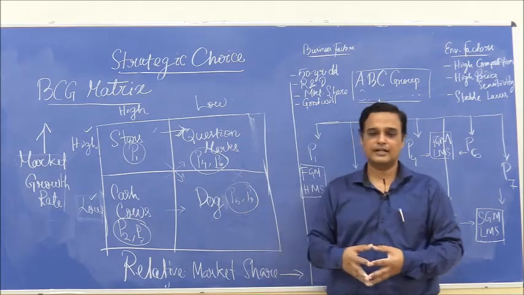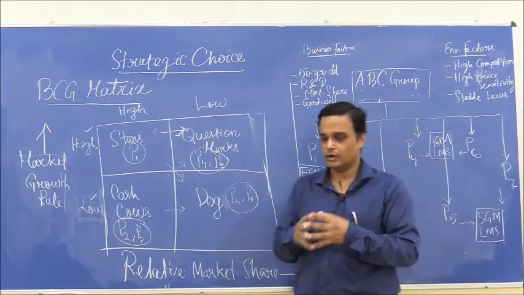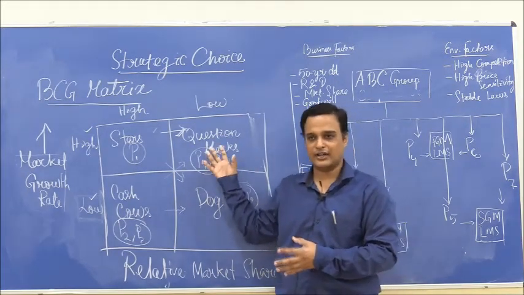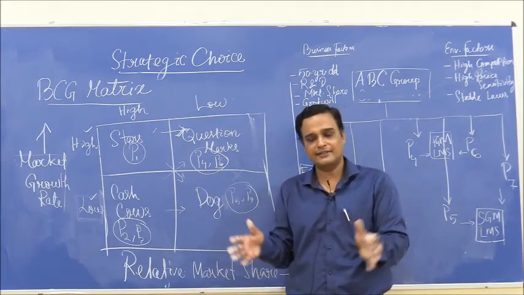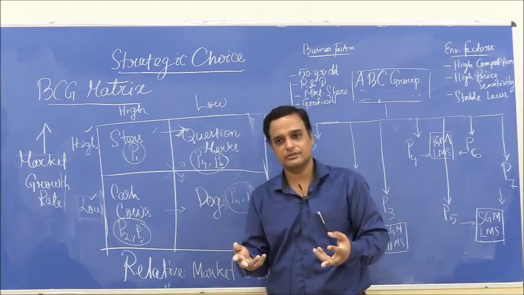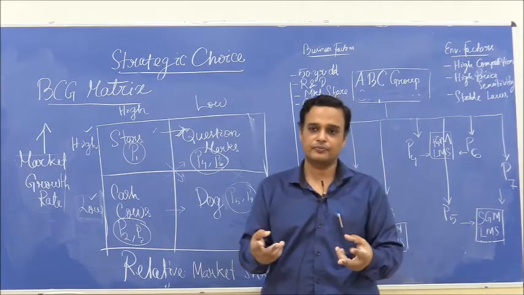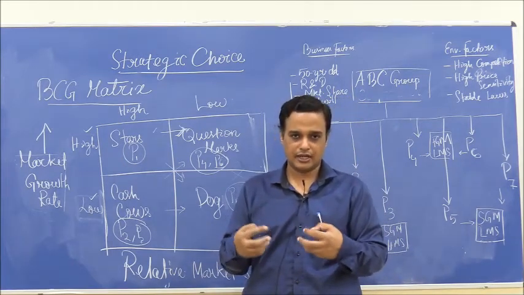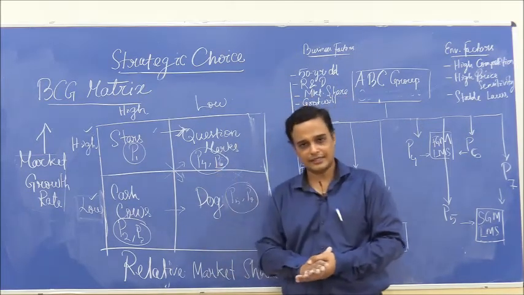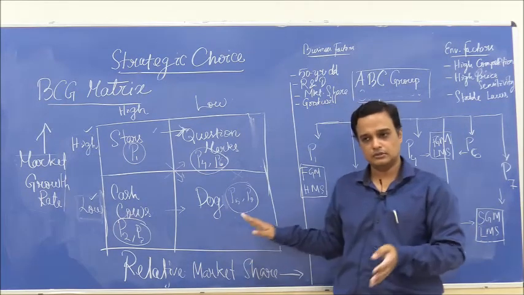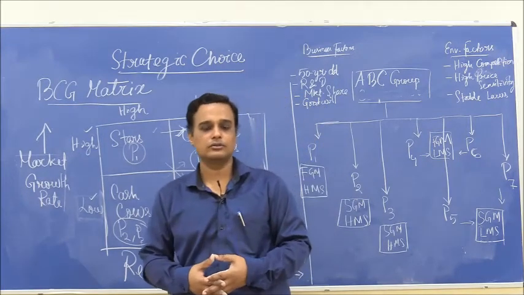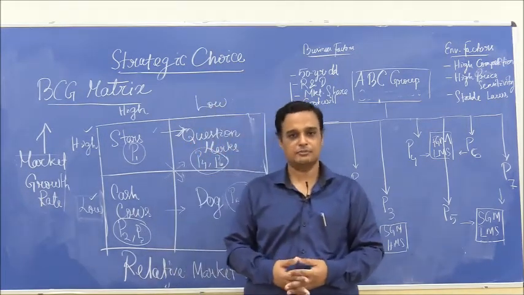Question marks need to be addressed very carefully. If your product is new to the market, which is why it is having a low market share as of now, you might wish to nurture it into a very decent performing product through quality initiatives and promotional decisions. You might like to invest in this category of products, and you can garner better market share for such categories. Dog SBUs are normally hived off, they are normally shut, but the company has to decide for how long it can sustain such SBUs.